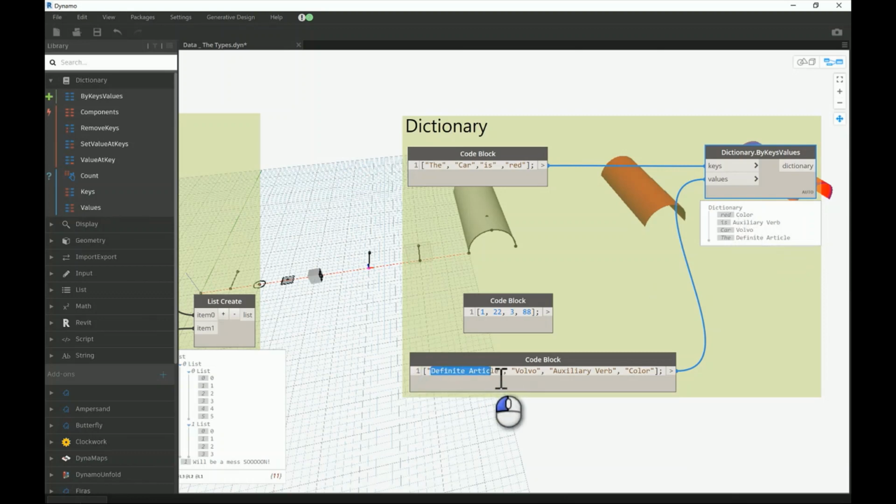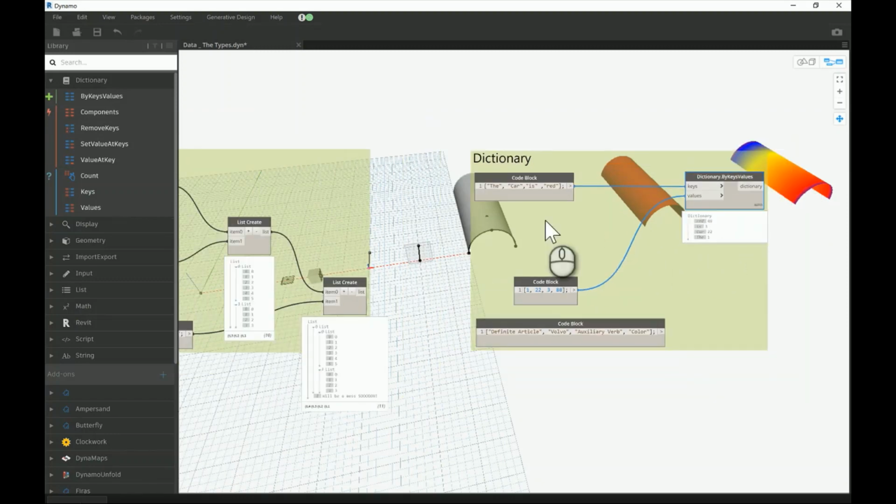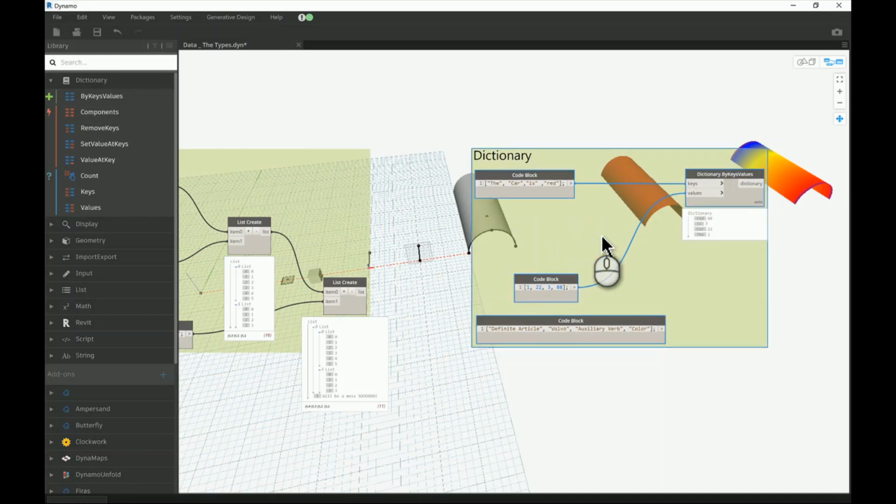Could be like a text, could be a string, could be a number, anything you want. You just add this one to this one if you want, and you see that those keys will have different values here, instead of having 0, 1, 2, 3. So you call the key and you get the value stored for that key. That's a little bit of a new concept, and not all Dynamo users actually prefer it, but it